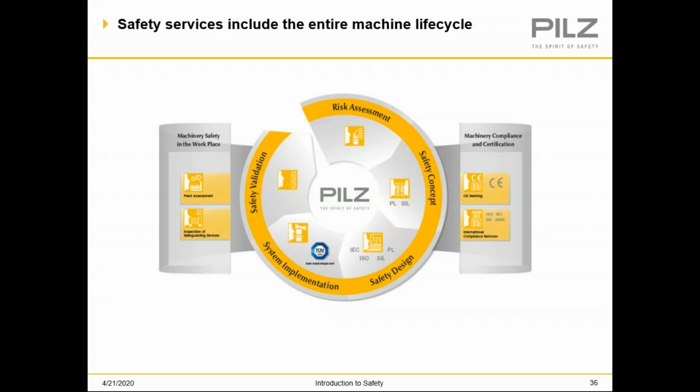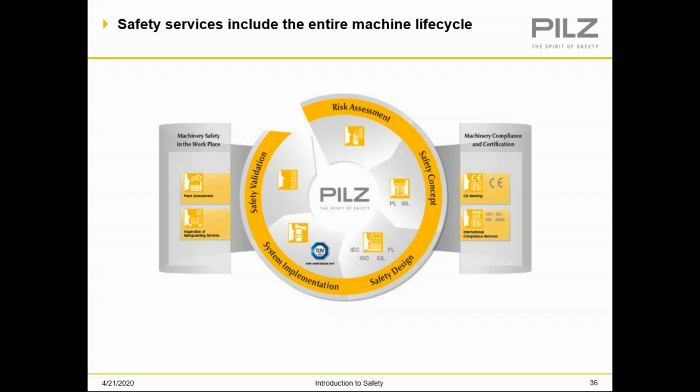The machinery safety life cycle is something that Pilz follows, and this is basically how safety should be done correctly. You've got a machine, you're not certain about its safety level. You have somebody come in. Pilz, again, offers this service, risk assessment. We come in, we assess the machine, we identify every single hazard on that machine, we rate it, we show you everything concerning that hazard, you know, which standard it violates and why and so forth. And then we go to the next hazard and we identify all the hazards.